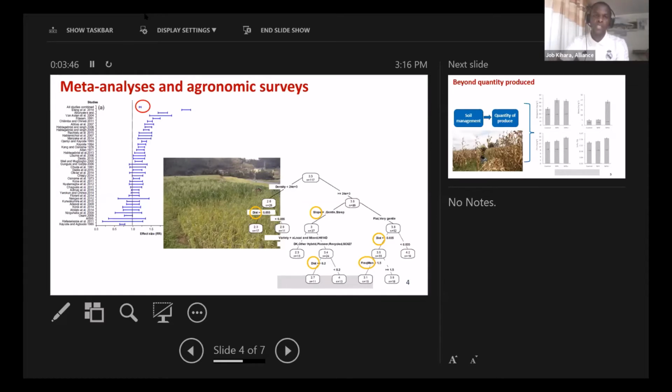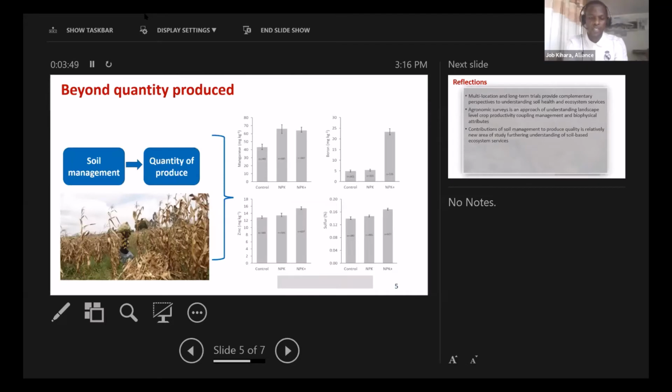So these two approaches are also very helpful in helping us to understand that. The third aspect that I wanted to mention as I close is the moving beyond the quantity of produce. What a lot of the work that has been done on soil health has been focusing on the quantity of produce in terms of the productivity. But now the new research is taking this beyond that into the quality of the produce, so that the food that is on the plate is actually food of higher quality. So these are important dimensions in understanding soil health and its contribution to various ecosystem services, and especially the productivity